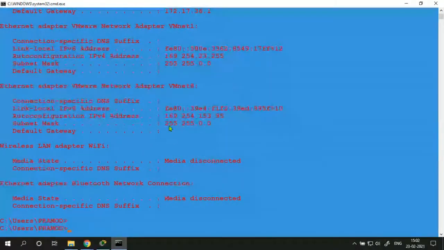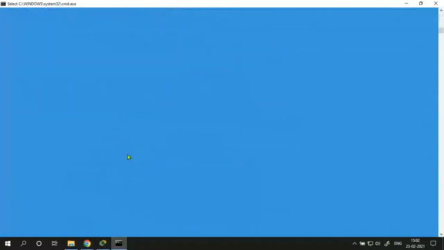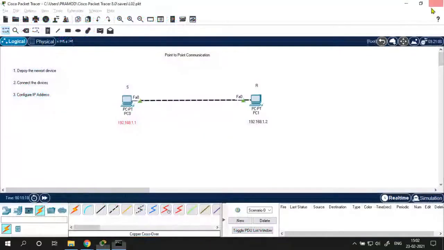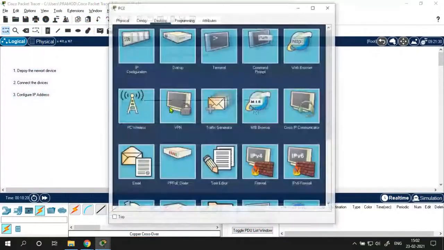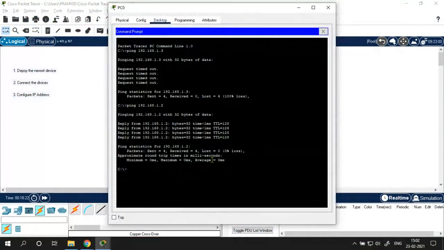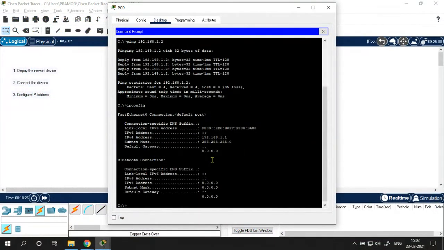IP config: this is the configuration of my IP. You can see, right? Similarly, here also I can check the configuration using the ipconfig command. So you can see the IP on PC1 in CPT is 192.168 and the subnet mask is 255.255.255.